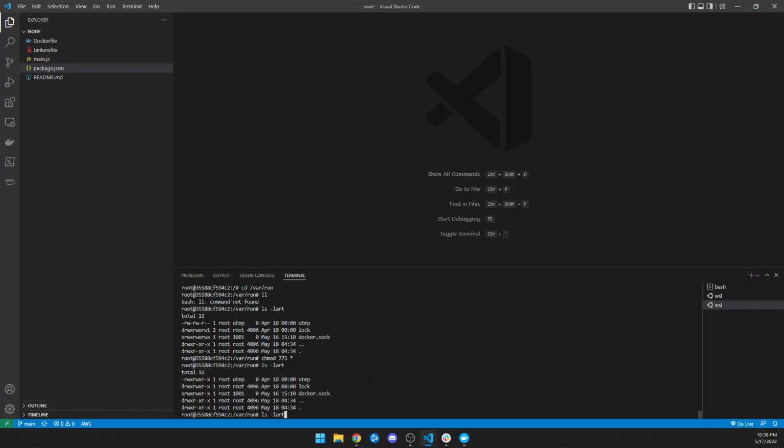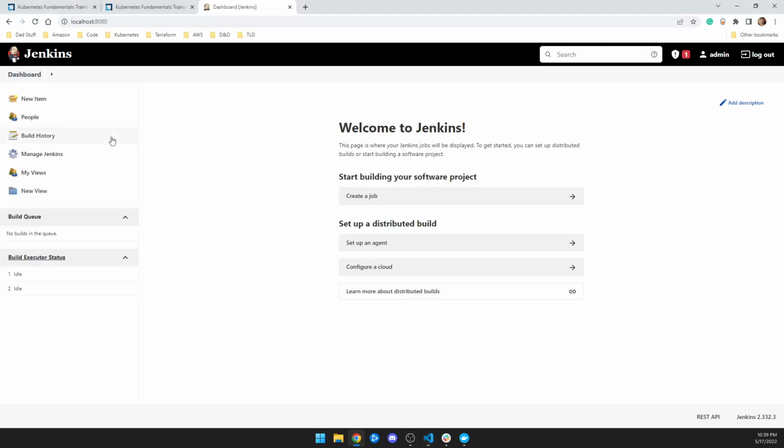Might need write access as well for Docker sock, so I'm going to do this for that one. Oops, sorry. I need 7, 7, 7, 7, 7. There we go, so my user can do it. I don't recommend doing chmod 777 on things, but just to show you how this works, you can set up the Docker. You're going to need volumes and a bunch of other stuff on the back end, so this is just a test. So yeah, from here, we can go back in here, and I can create a new